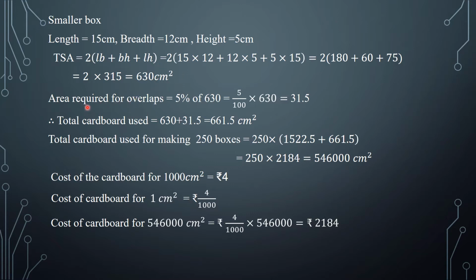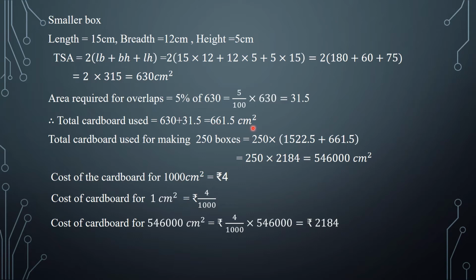Again, in this smaller box also we have overlaps, and we can find area required for overlap as 5% of total surface area, that is 5% of 630 equal to 31.5. Therefore, cardboard used for a smaller box is equal to 630 for the total surface area and 31.5 for the overlaps, totally